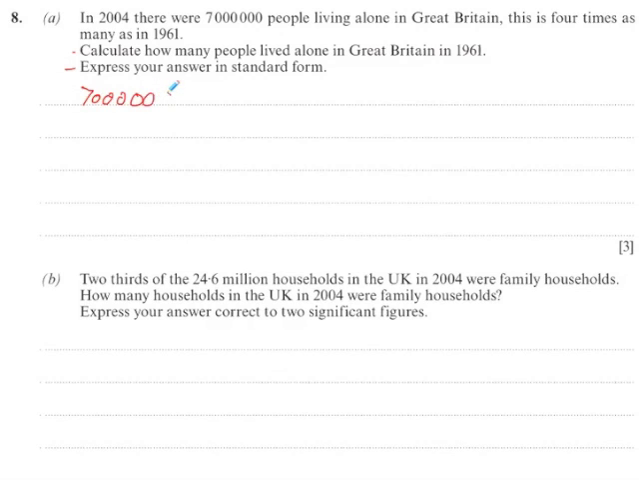So let's write down 7 million, and it says in 2004, 7 million, which was 4 times as many as in 1961. That means in 1961 there were a quarter as many living alone. So 4 into 7 million goes: 4 into 7 is 1, carry 3. 4 into 30 goes 7, which is 28, so carry 2. 4 into 20 goes